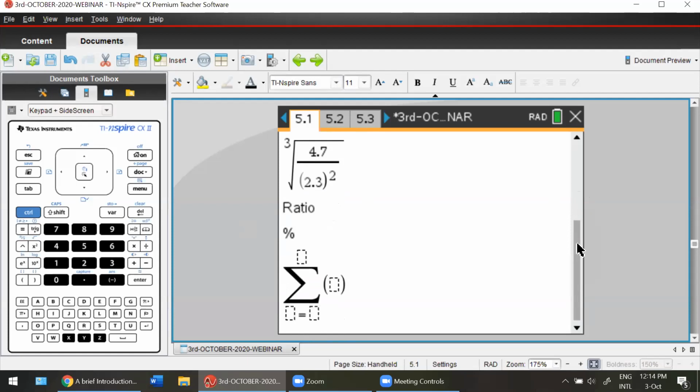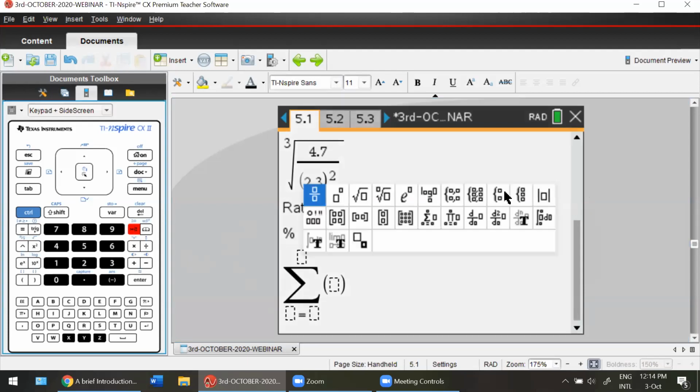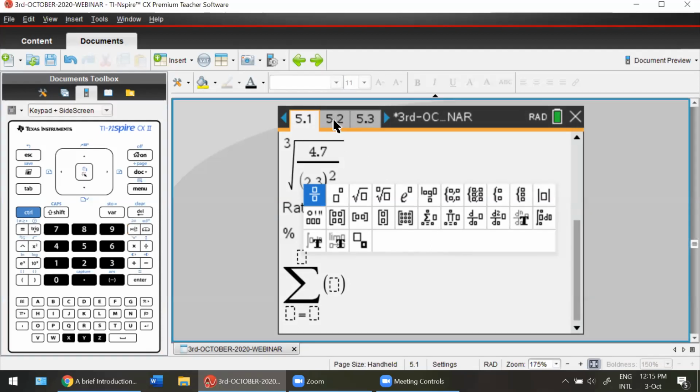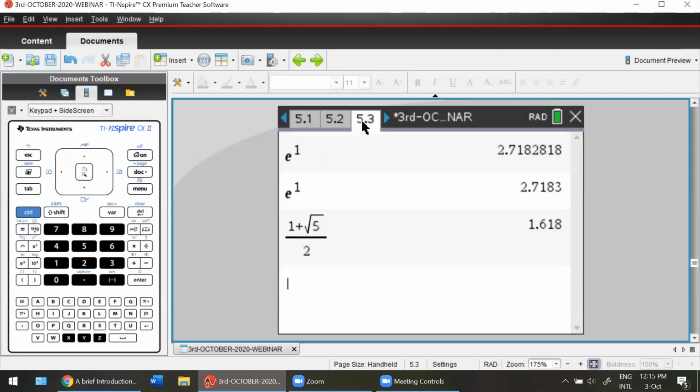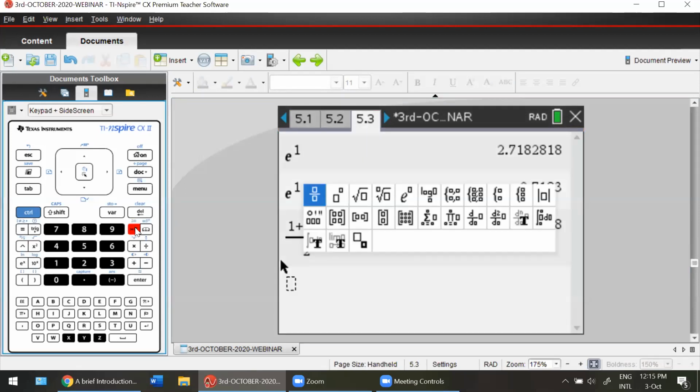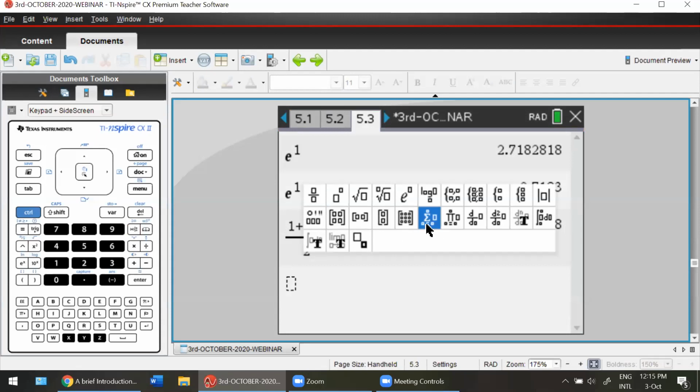Now, yet another amazing symbol that hides. And where does it hide? It hides next to number 9 in the catalog. If you can see just below log, it hides just below log there. I'd like you to click on that template, the summation template. I could do it with you. Click on the summation template and let's find out.